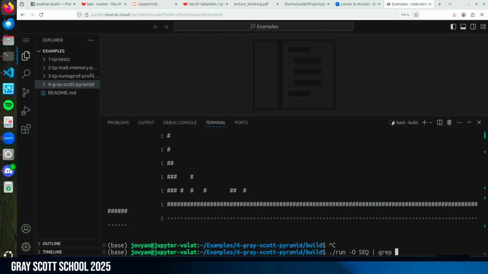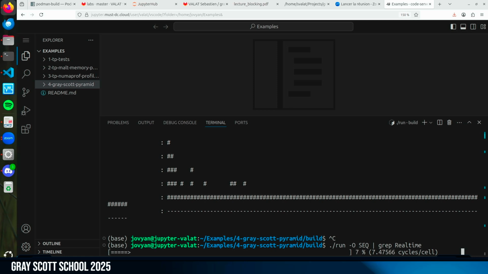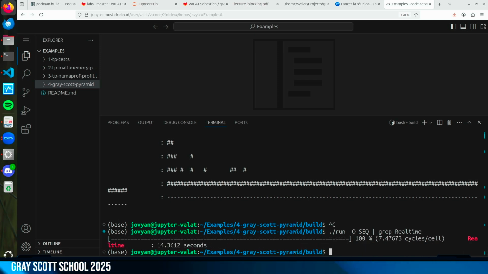I should do that, the real time. Be simpler, sorry. So it took, I hope nobody is running at the same time as me, otherwise it will bias my results, 14 seconds.